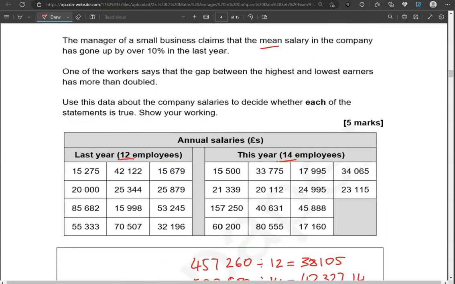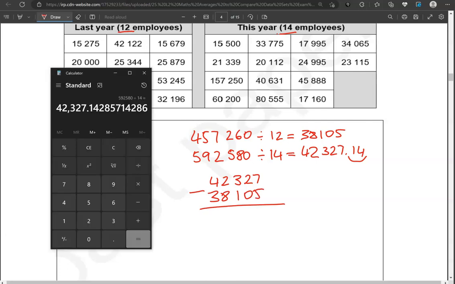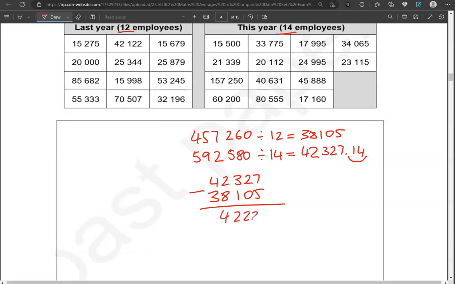So looking at the statement about the mean, it says that the manager claims that the mean salary in the company has gone up by over 10% in the last year. So that's what we're going to work out. We're going to do now 42,327. I'm going to ignore the pence here. Take away 38,105 pounds. Gives us 4,222 pounds